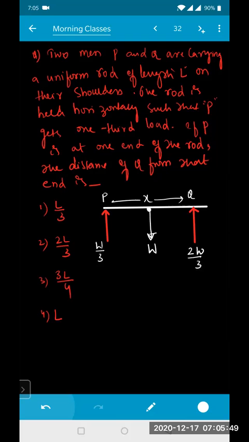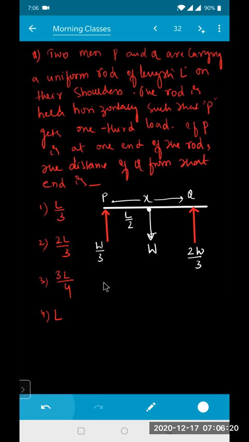So this is at one end. This distance will be equal to L by 2. And from here to here, this distance between P and Q I don't know. Total length of the rod is L, but P and Q are not exactly at both the ends, because if they are at both the ends, both of them will get the same amount of load. The load will be different only when the rod extends beyond them. For rotational equilibrium,